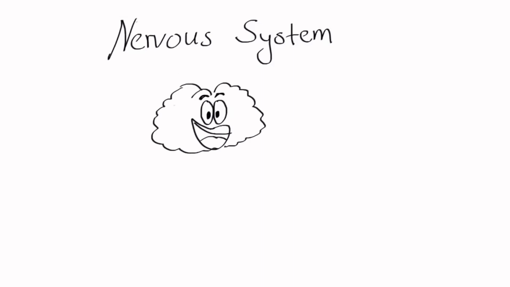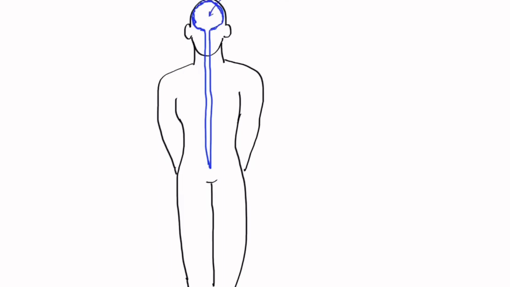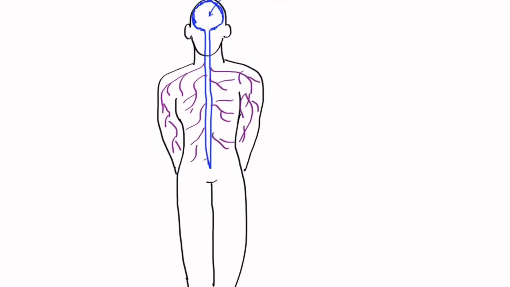In this video, I want to talk about the nervous system. Our nervous system is a complex network that coordinates our body's voluntary and involuntary actions and transmits signals between different parts of the body. It is divided into two anatomical divisions: the central nervous system, CNS, which consists of the brain and the spinal cord, and the peripheral nervous system, PNS, which consists of all the nerves and neurons outside of the central nervous